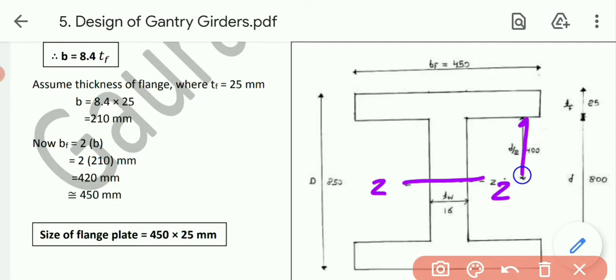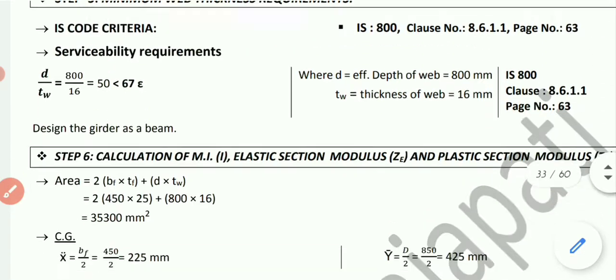So let's show it over here. Say D by 2. So D is 800, so up to the center, D by 2 will be 400. Okay, so now